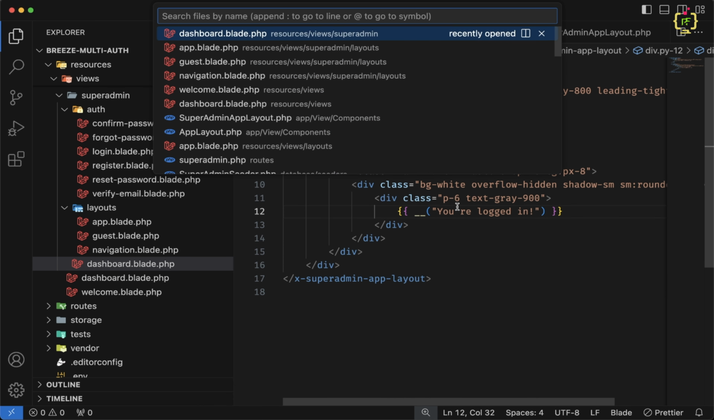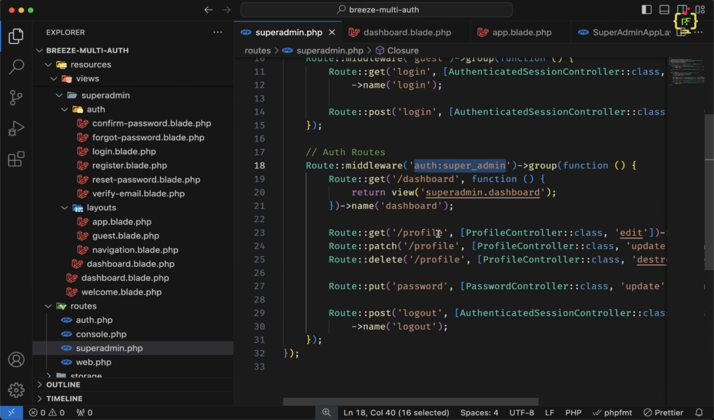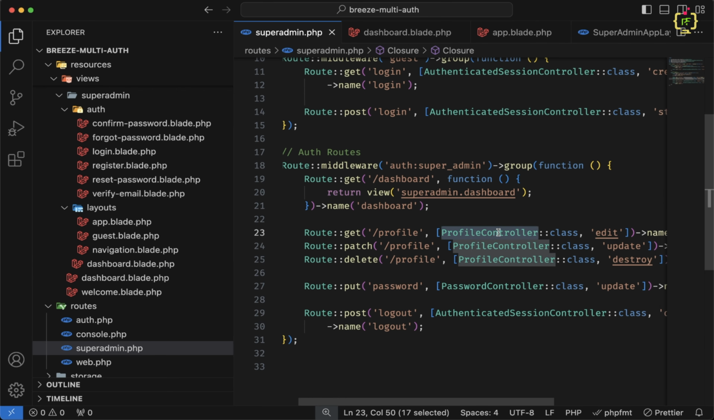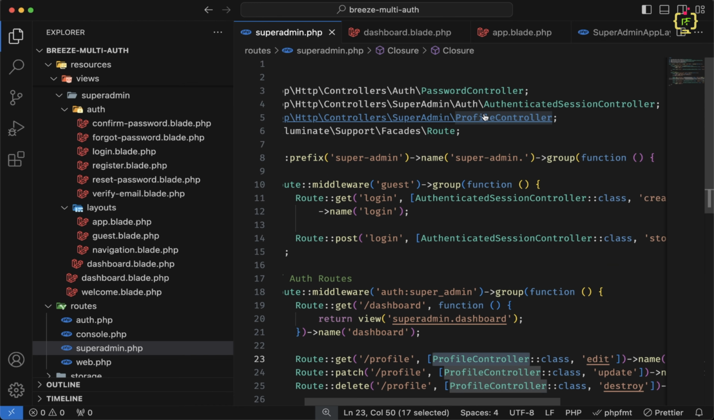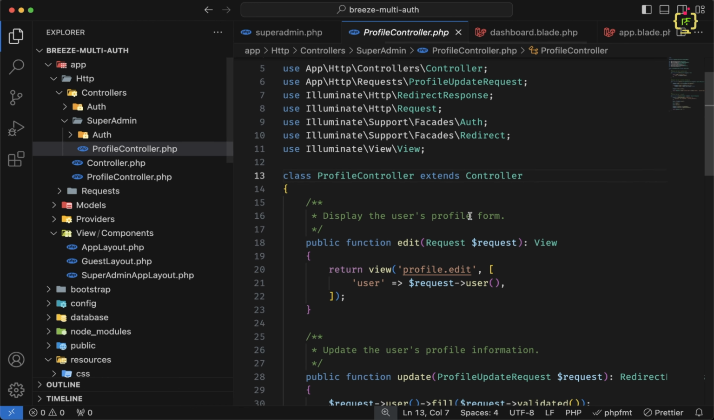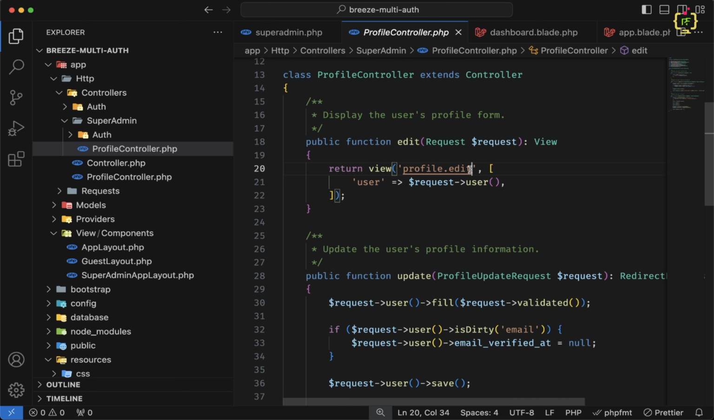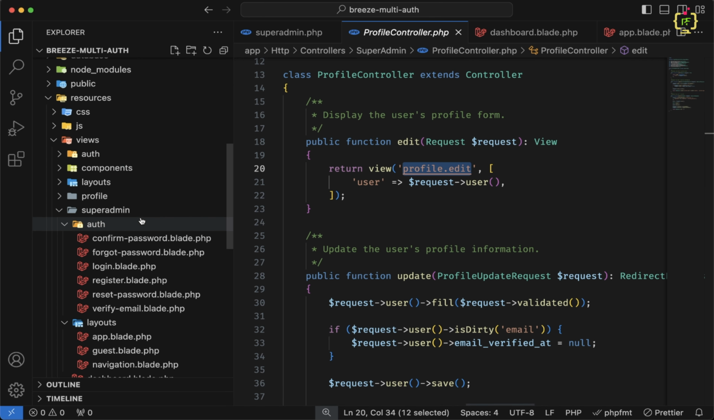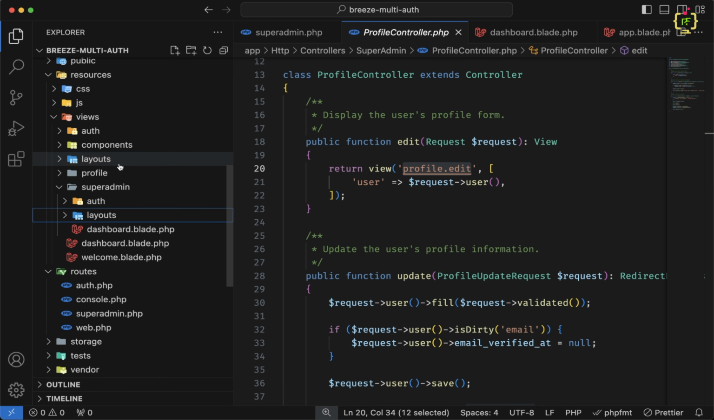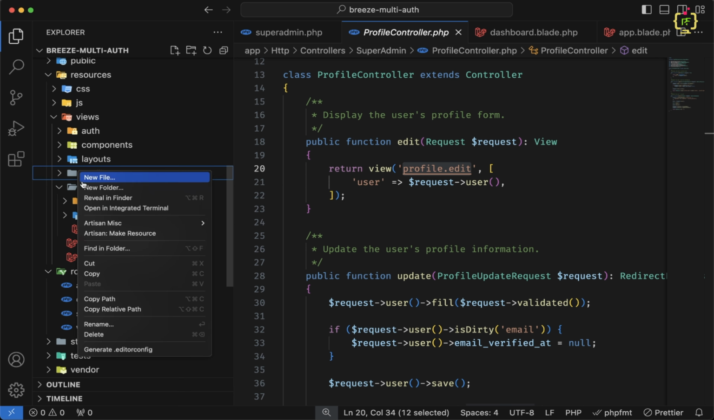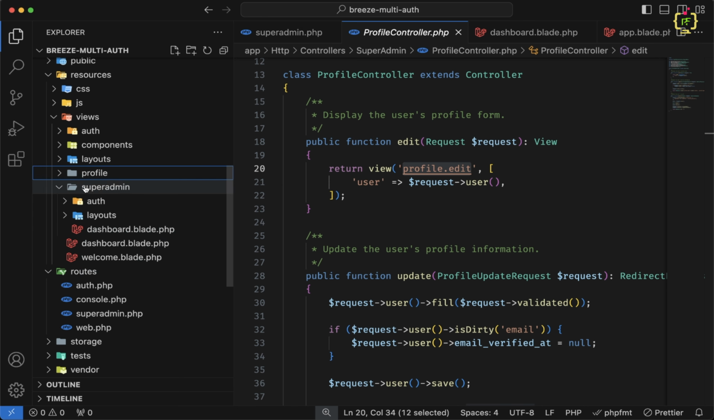Inside the super admin route, if we check this profile controller edit function, so let's navigate to this super admin profile controller, and this edit function is calling this profile.edit view. This profile.edit view is still defining this user profile. So if we scroll down inside views, then you can see we have the profile folder, and this is basically for the normal user. So again we will have to copy this profile folder, and we will have to add it